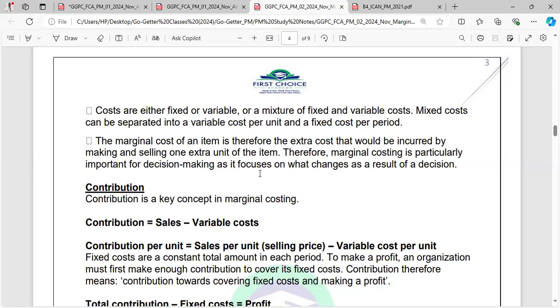Therefore, marginal cost is particularly important for decision making. You will see decision making in make or buy decisions, in shut down decisions, linear programming. You'll see it in